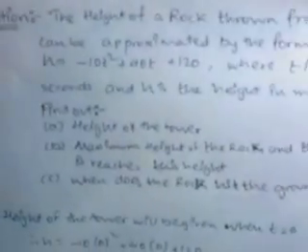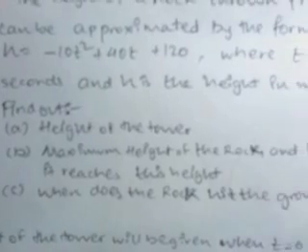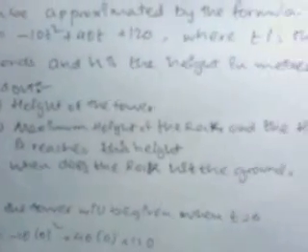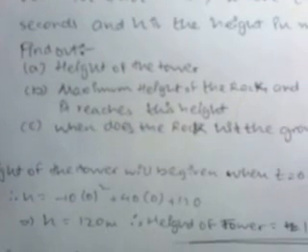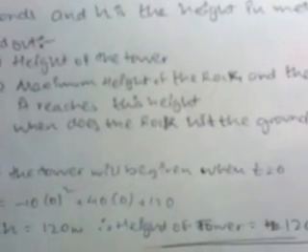So the question is, the height of a rock thrown from a tower can be approximated by the formula h equals -10t squared plus 40t plus 120, where t is the time in seconds and h is the height in meters. So we're supposed to find out the height of the tower, the maximum height of the rock, the time at which it reaches this maximum height, and